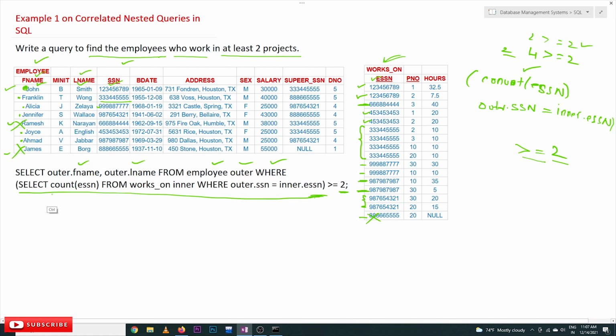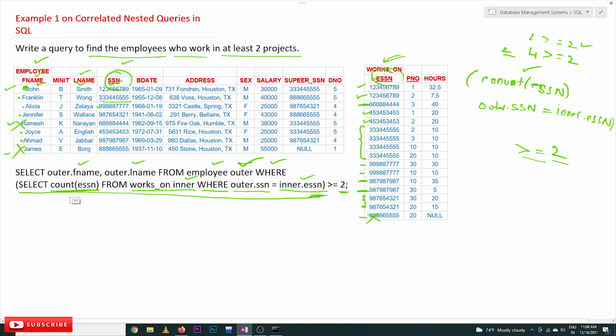Here the count of ESSN, we have to count the ESSN from works on inner where outer dot SSN is equal to inner dot ESSN. So the outer is for employee, inner is for works on aliasing name. Inner dot ESSN means this one, outer dot SSN means this one. So wherever these two are equal, then the count has to be counted.